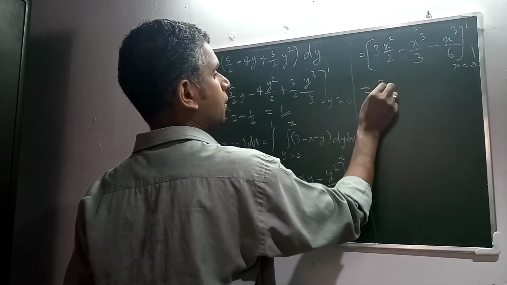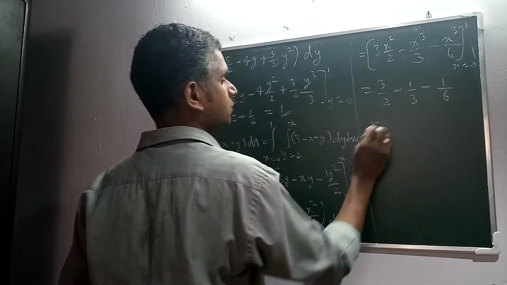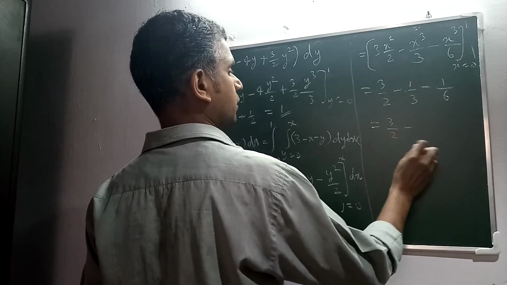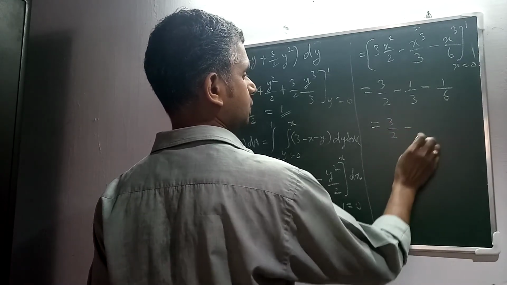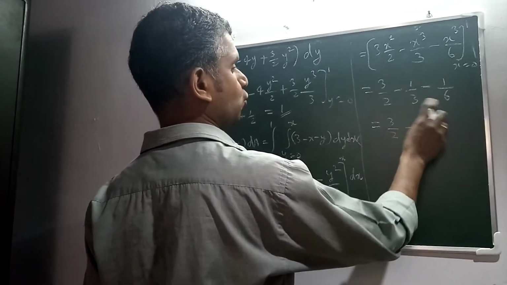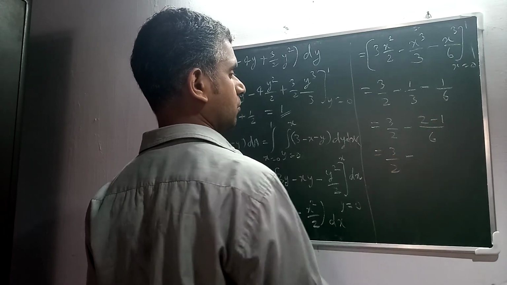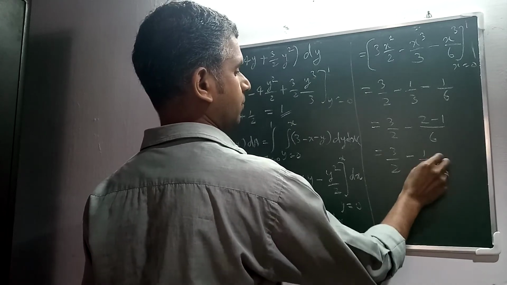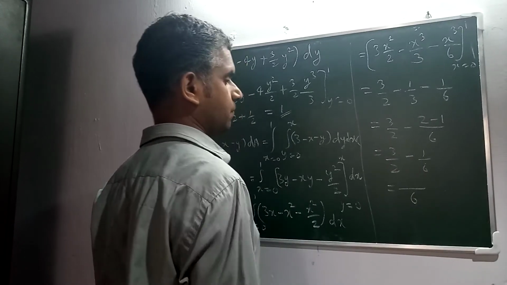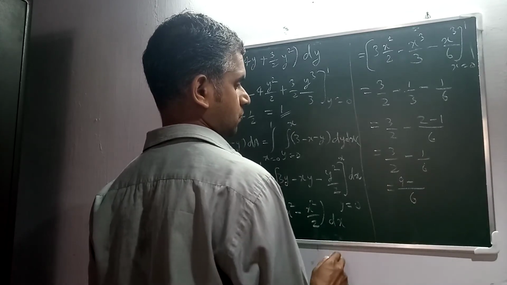So what will I get? 3 by 2 minus 1 by 3 minus 1 by 6. This is equal to 3 by 2 minus, what is 1 by 3 plus 1 by 6? LCM is 6. 6 by 3 is 2. 2 minus 1, right? So this is 3 by 2 minus 1 by 6. So what is this? Again LCM is 6. 6 by 2 is 3. 3 into 3 is 9 minus,